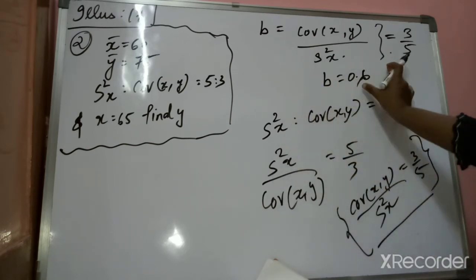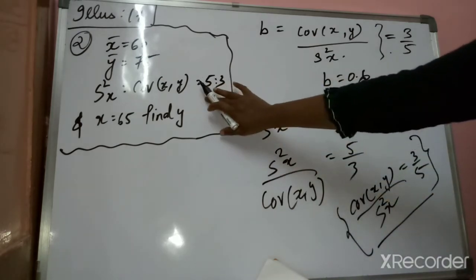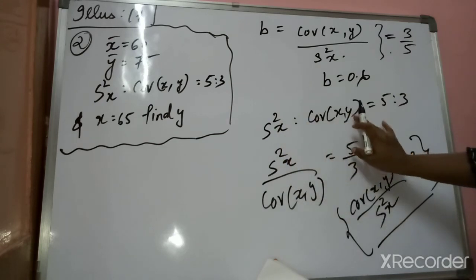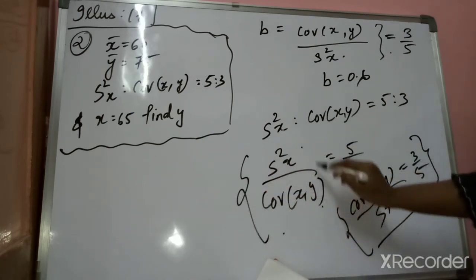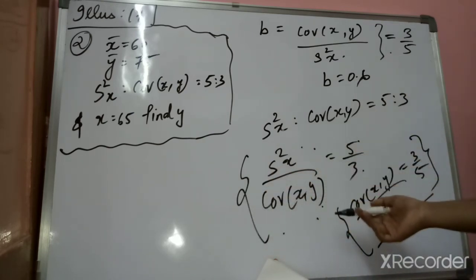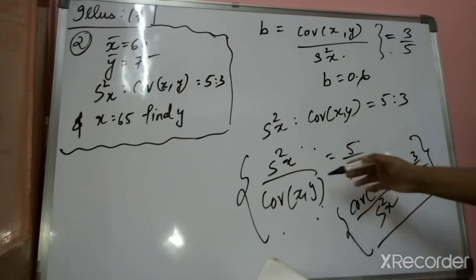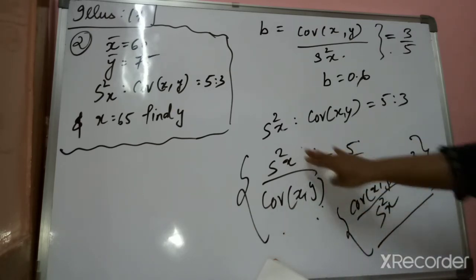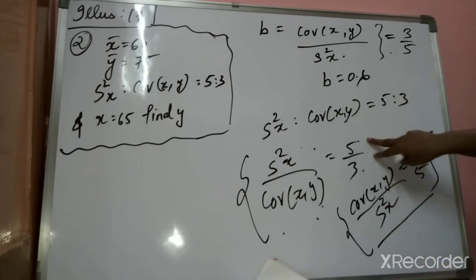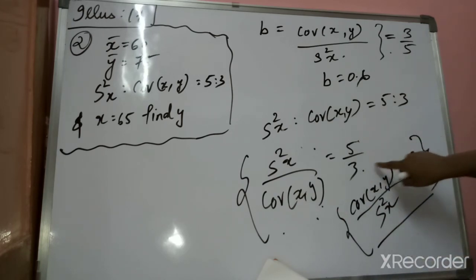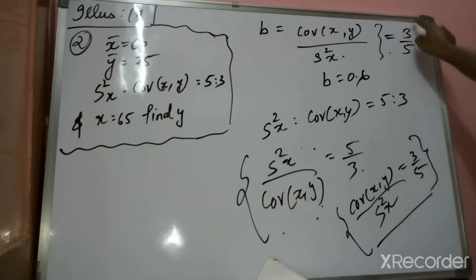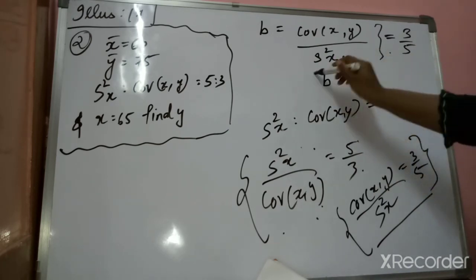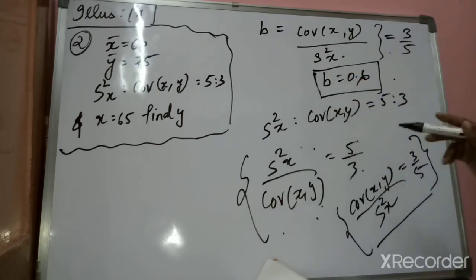Okay. How did you get this b? Again I am repeating, the ratio has been given to you: s square x is to covariance xy is equal to 5:3. According to this, we write it as 5/3, numerator and denominator. Now what we did, we just took the reciprocal. The denominator became the numerator and the numerator became the denominator. So 3 would be the numerator and 5 the denominator. From this we get the answer, and by dividing we took it in decimals. So we got our b.